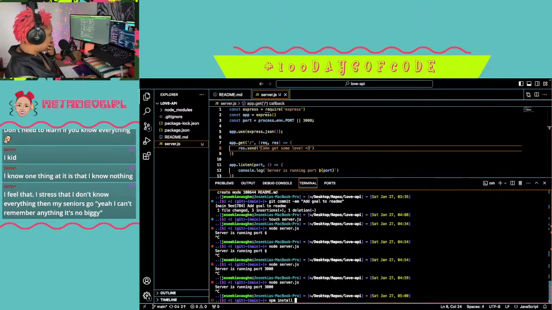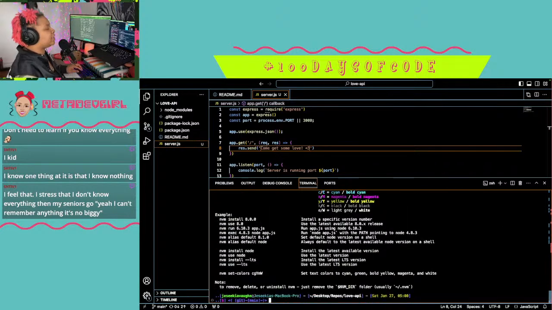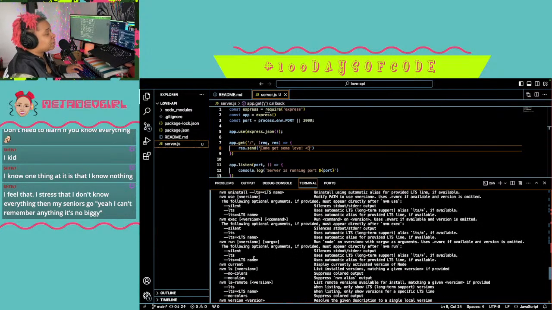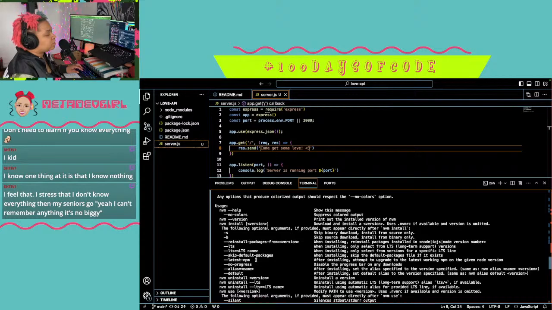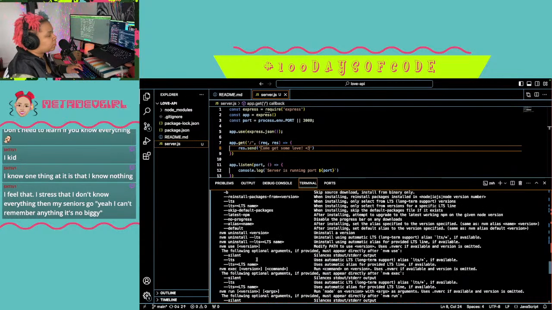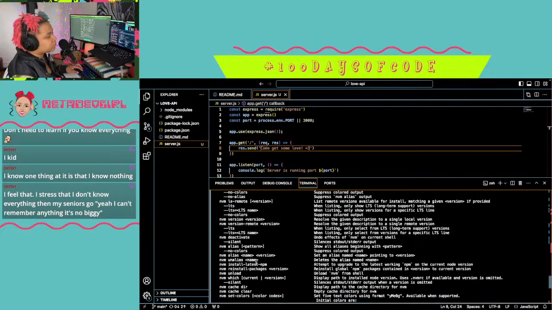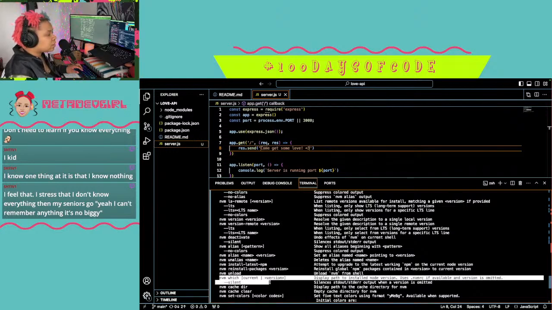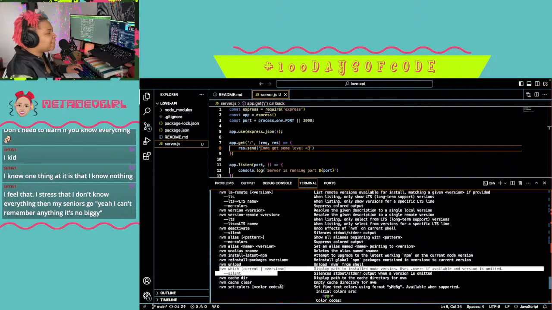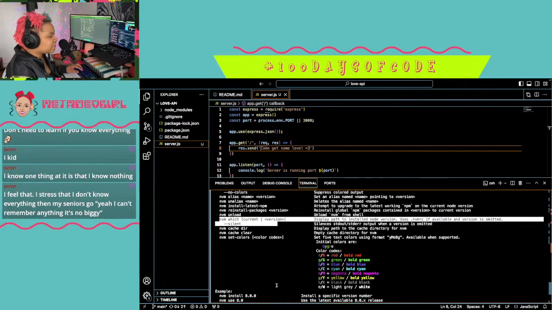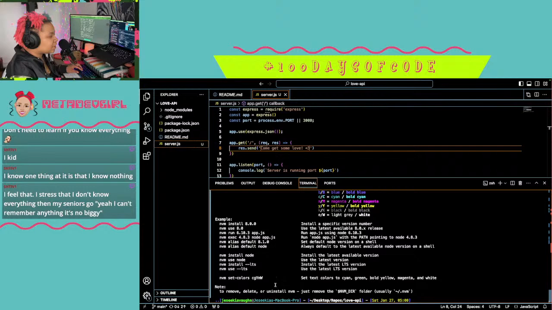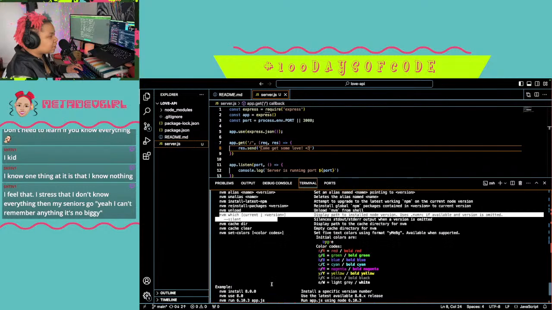Let me see something though. How did I see which version I was on? Which? npm. Oh, that's a different command. Which one tells me which version I'm using? Dang it.